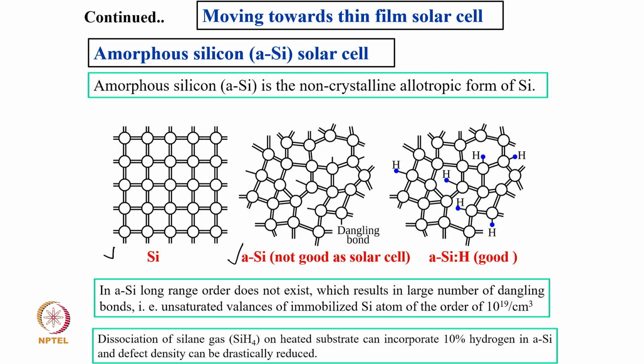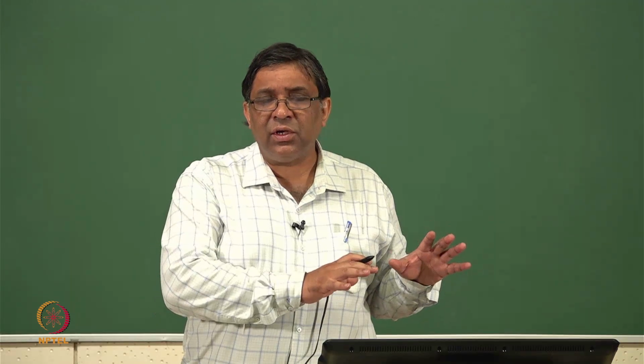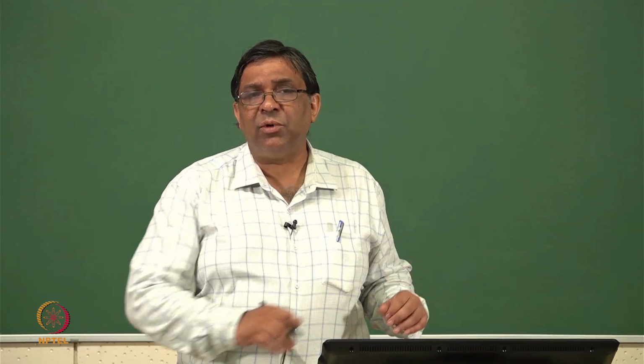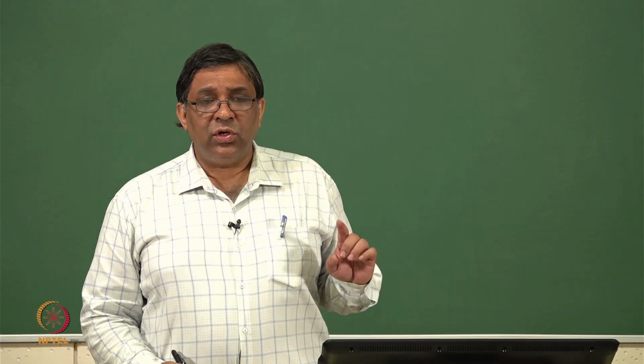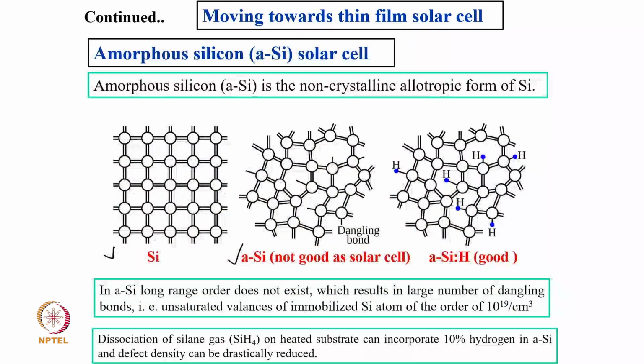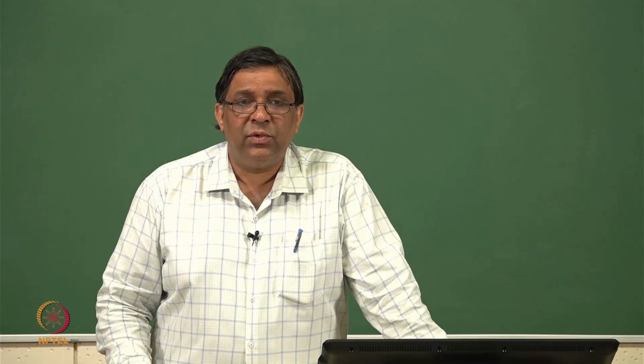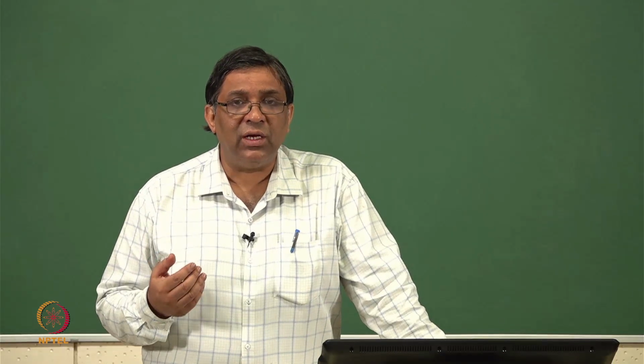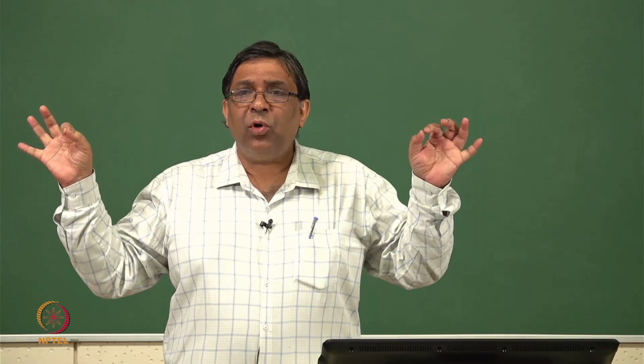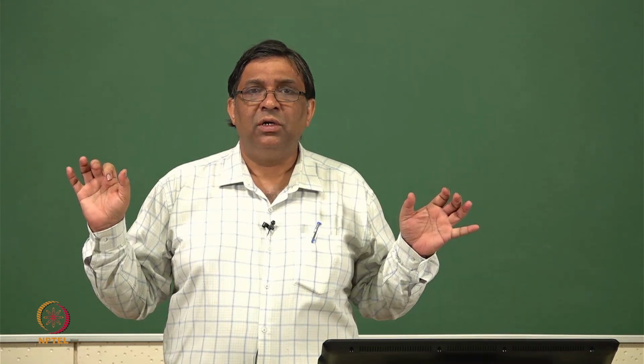So people introduced amorphous silicon, and there are some thin film techniques by which one can make amorphous silicon. I will come to those techniques later in my other lectures. As a matter of introduction, I am introducing thin film amorphous silicon here. You can see this is the amorphous silicon structure and this is the crystalline silicon structure. But the problem with amorphous silicon is that there is a huge number of dangling bonds. You may be aware of dangling bonds. Dangling bonds are atomic bonds which are not saturated.